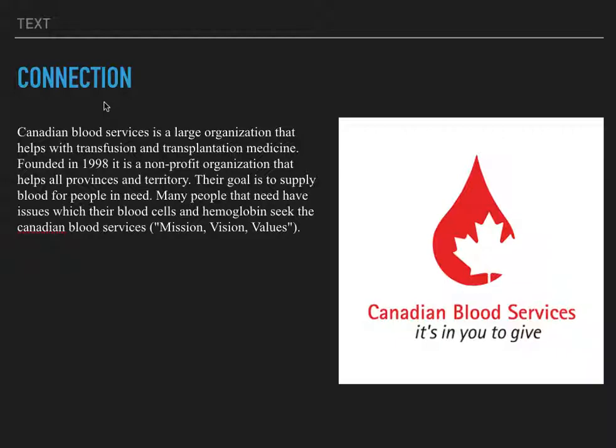Lastly, a connection I made. So the Canadian Blood Services is a very large organization that helps with transfusion and transplantation medicine. It was founded in 1998 and is a non-profit organization that helps all provinces and territories within Canada. Their goal is to supply blood for people in need, and many people that have issues with blood cells and hemoglobin seek the Canadian Blood Services